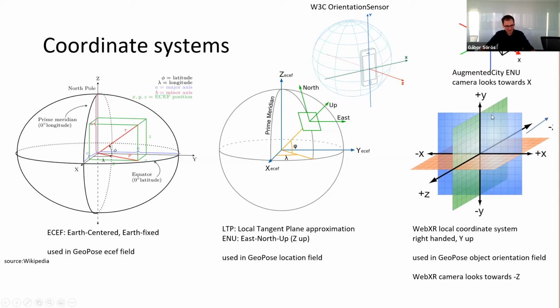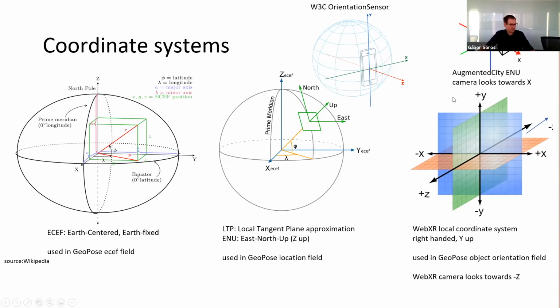And WebXR has a coordinate system which is similar to WebGL, so X to the right, Y up, and Z backwards if you have a camera. The good thing is that it automatically aligns the vertical axis with the gravity already. This happens magically inside the phone.